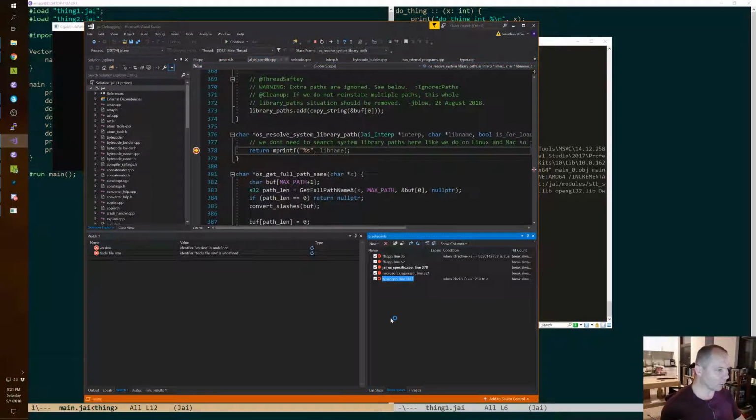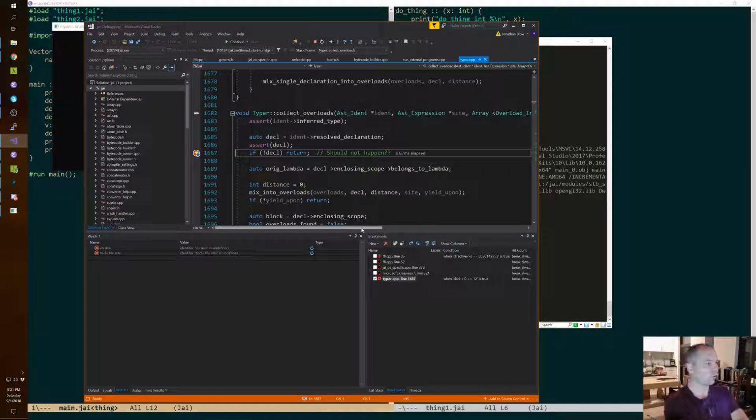Not there, that's an old breakpoint from before. Get rid of all these old breakpoints.